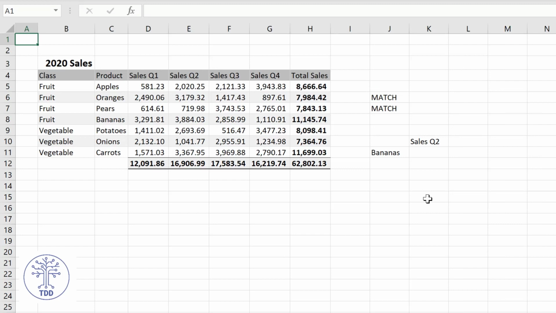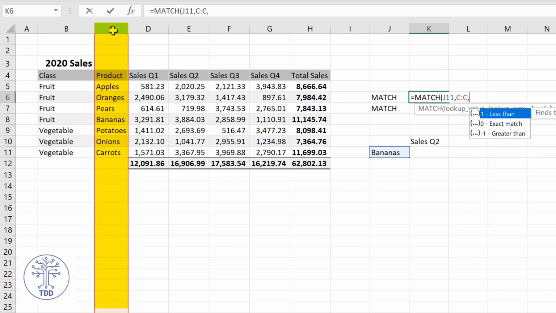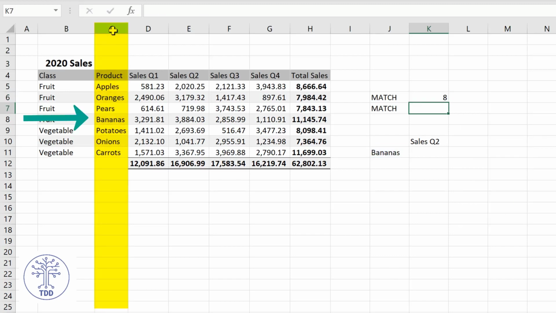In this example, I'll show you how you can have two match formulas. So let me show you what I mean. If we want the bananas sales for quarter 2, first of all, you'll find the bananas in this column. So it's row 8 in this column. But then sales Q2,